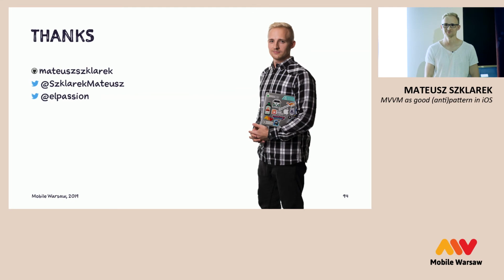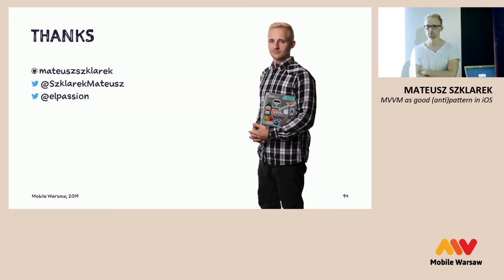Okay. Thanks. I have a question. You said that you are trying to make view model structs. You have a scenario where you're fetching some data, maybe using some persistence also, and you need to combine all of that data in one place. How do you do this in a single view controller, with one struct and one initializer? How do you combine it? How do you make it happen?